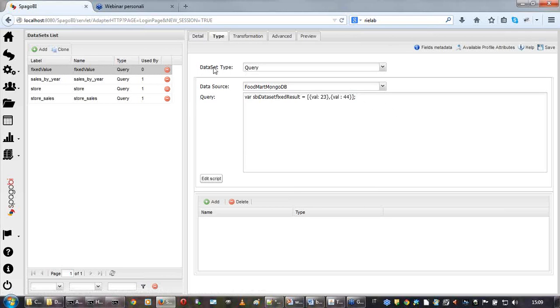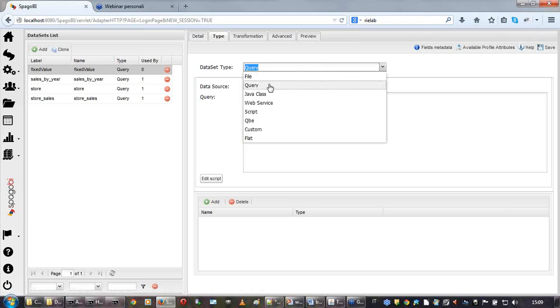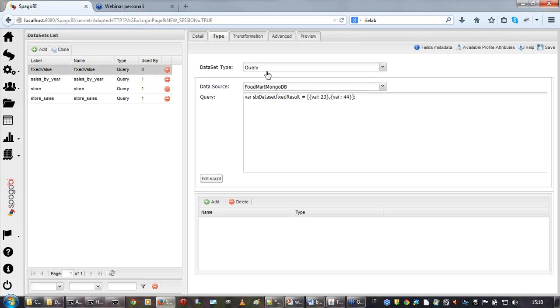As you can see, there are several types of dataset, as I told you before. We have the file, the query, the Java class, the web service, the script, the query by example, that we'll see later, and the custom or the connection to a flat table. In this case, we have a query on a MongoDB data source. Here I have the query. This is a very, very simple query where I simply